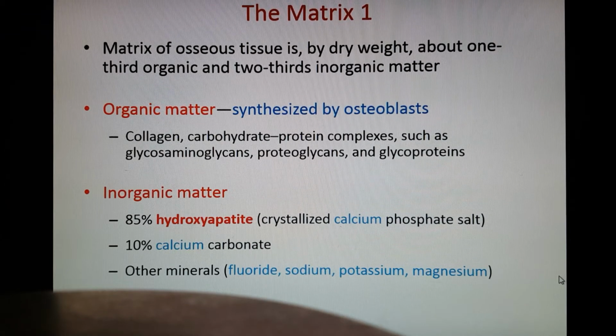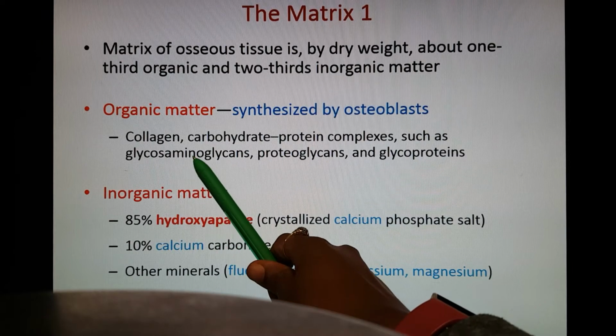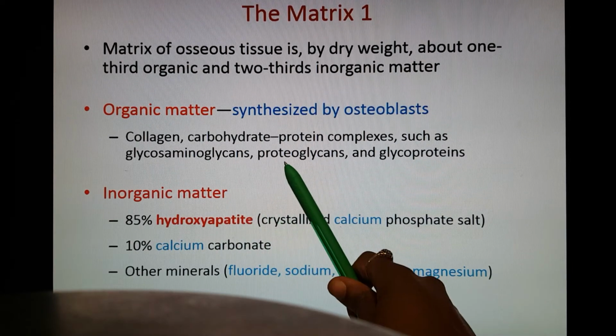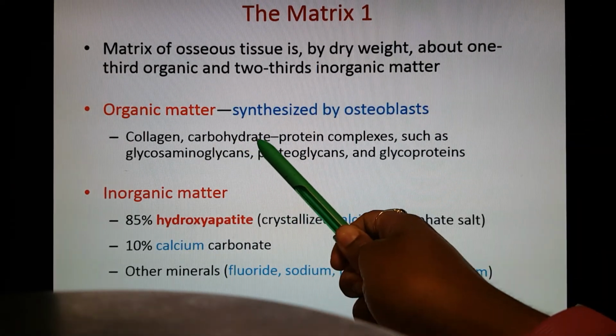So the matrix of the bone, which are your collagen fibers, which are mineralized, is made up of 2 types of matter. So the first type is our organic matter, which are made by our osteoblasts. And our osteoblasts make collagen fiber as well as carbohydrate protein complexes such as glycosaminoglycans, or GAG for short, proteoglycans, and glycoproteins. The inorganic matter, so the non-carbon based molecules that will mineralize around this organic matter, so mostly the